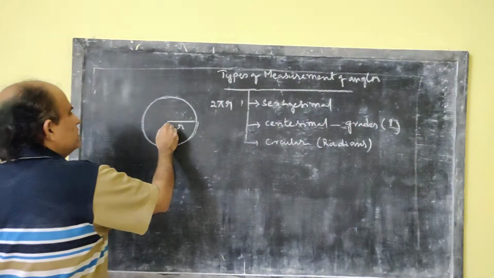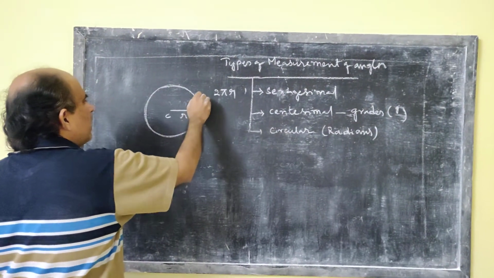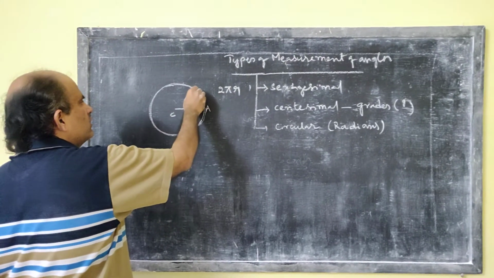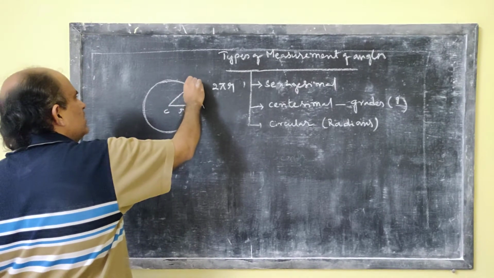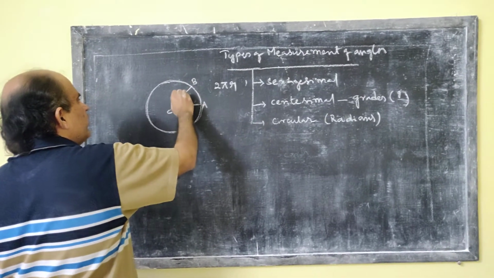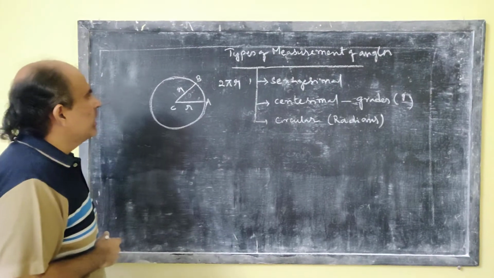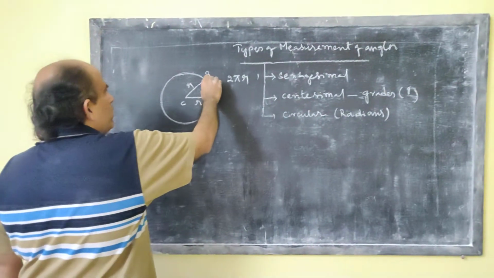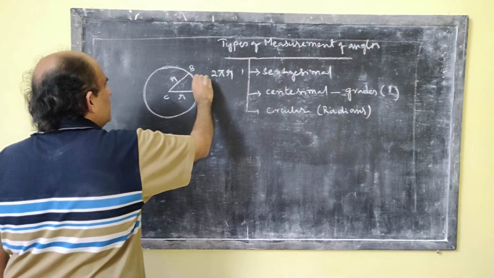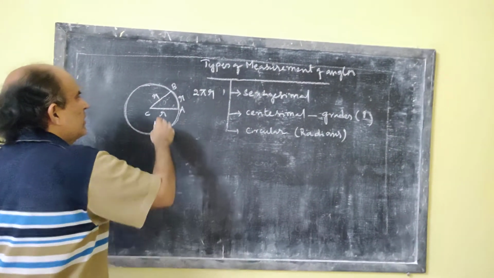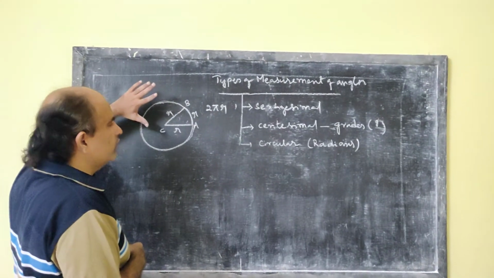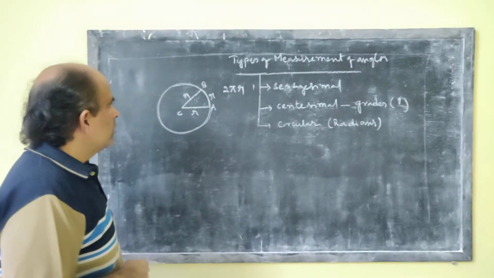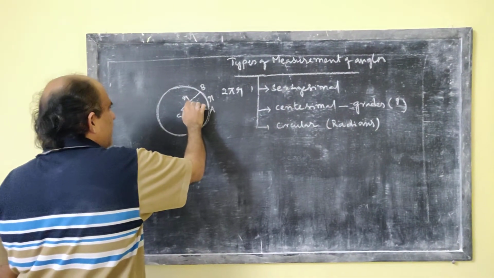Now let me say that this is the center C, and you have a point A on the circumference. Let me take another radius CB. So CA is one radius, CB is the other radius. Hence I can say that this length is equal to this length. Now suppose the length of the arc AB is also r, then you might have observed this figure in the pie charts you have learned in statistics. Now this angle is the central angle.